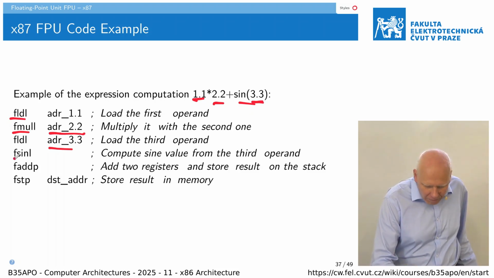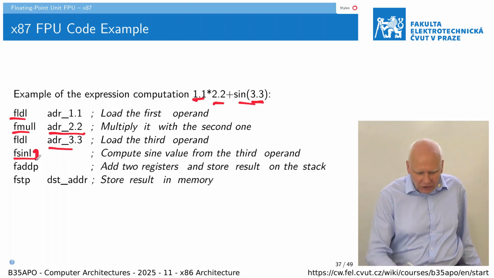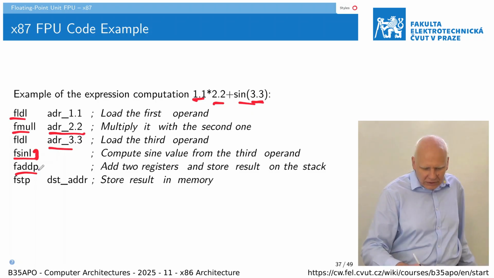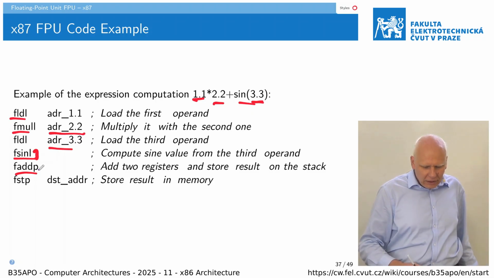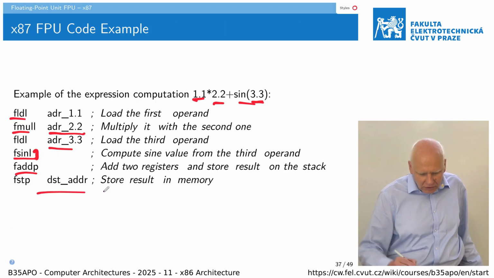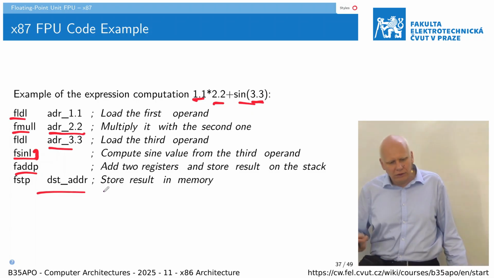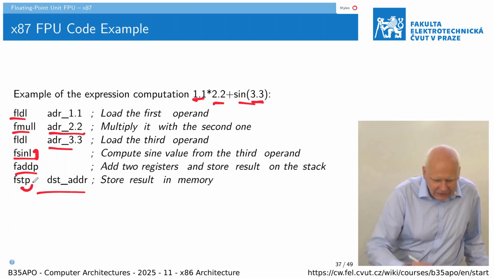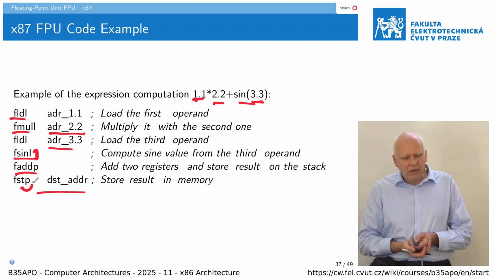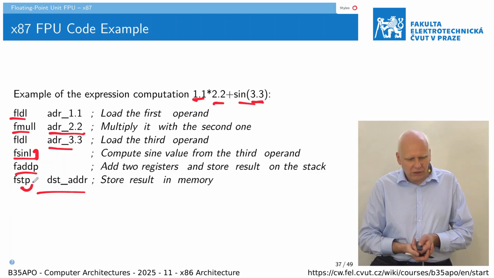We compute the sine operation. We do the add with the pop from the top of the stack. So now on the stack we have only that result of the addition, and we store the result to the memory and do the pop at the end. So basically we have returned the stack onto the same location as it was at the start of the expression